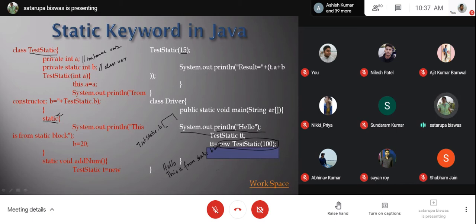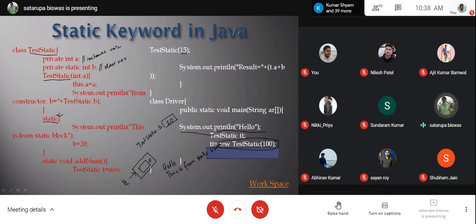This b is a static variable, just a single copy that is going to be shared between all the instances you're going to create afterwards. So here the initial value of 20 will be set by your static block. That's what you have inside this. Now you concentrate on the TestStatic object creation. tt was the reference of the TestStatic, which is referring to a memory location that is being allocated for this TestStatic object.